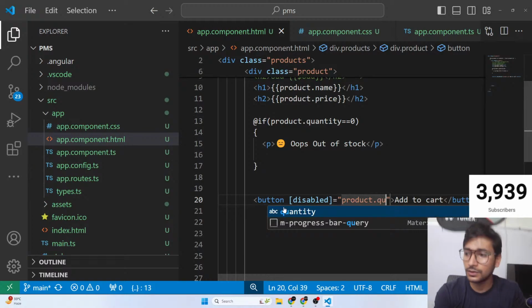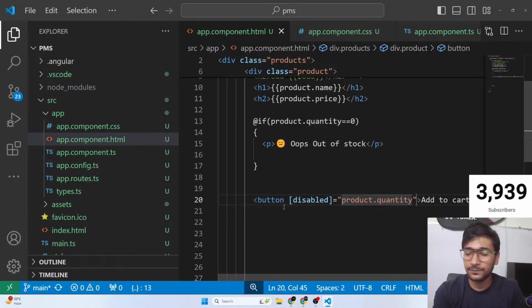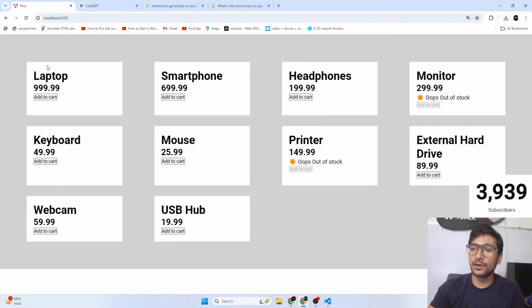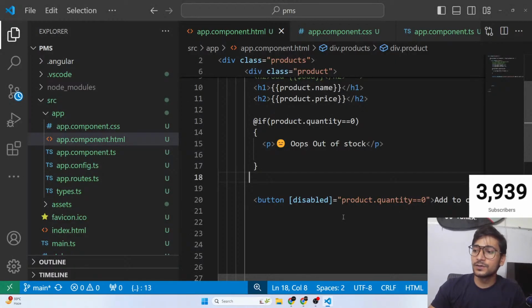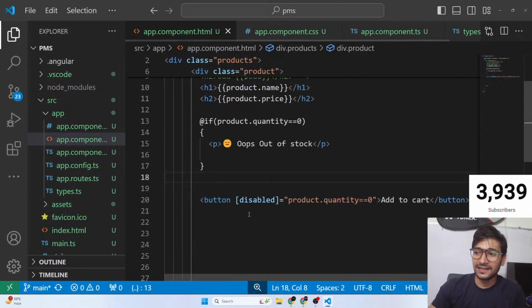Product dot quantity should be disabled, true if it is equal to 0. And now let's see if it is working. And here we go. See that, guys? We can also use the property binding syntax and see those two are disabled. It's easy, right?